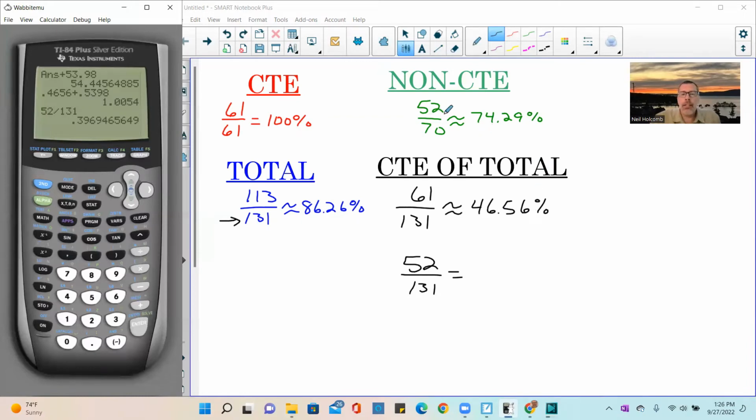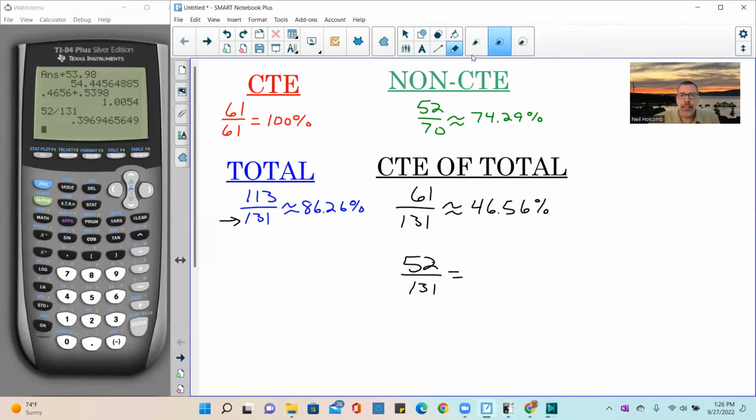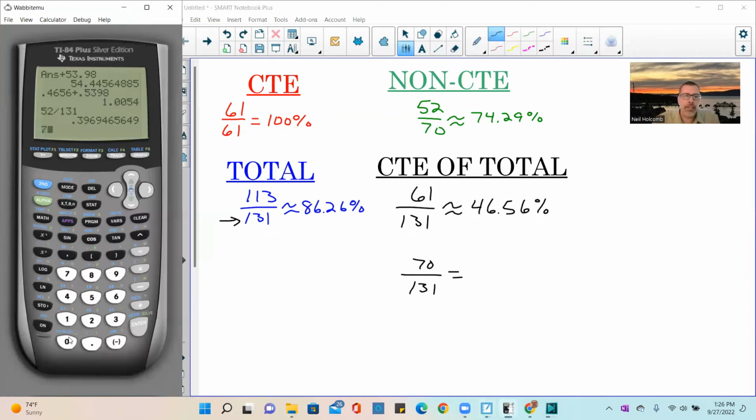The non-CTE students graduating is 52. The 70 students out of 131 would be the number that represents your non-CTE students. So if I put a 70 here, that would be 70 divided by 131. And that gives us what you asked, the other value, which is